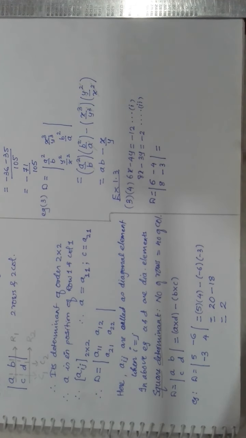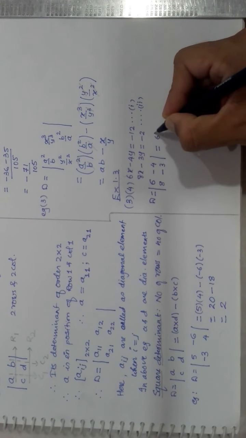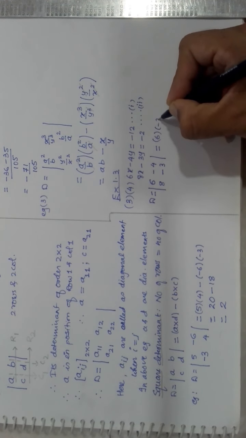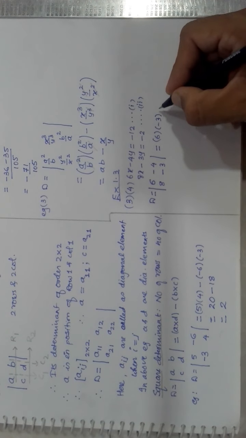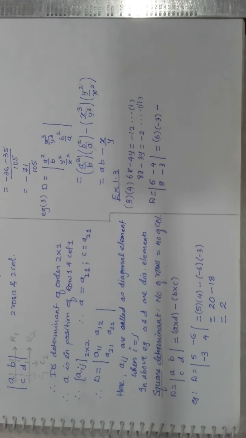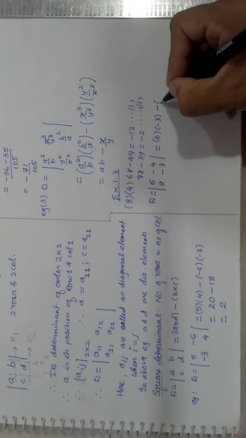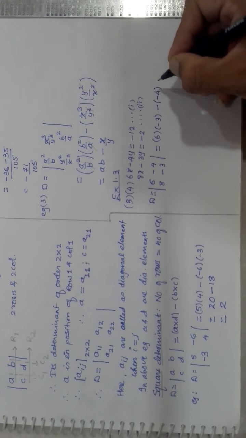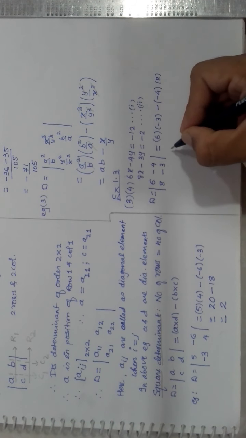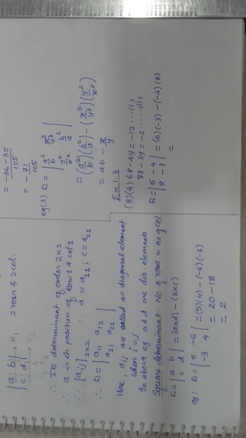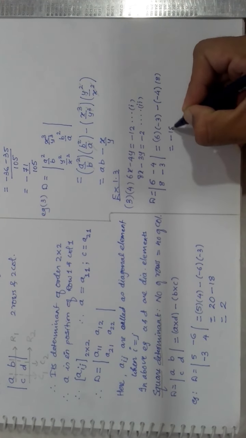And I will solve this much, so I know very nicely. So I will solve this. So I get the product of diagonal elements first. The product of diagonal elements are 6 into minus 3, then subtraction sign between the two products, then the product of non-diagonal elements, that is minus 4 into 8. Isn't it simple? So you get here 6 3s are 18 and 1 minus sign, minus 18.